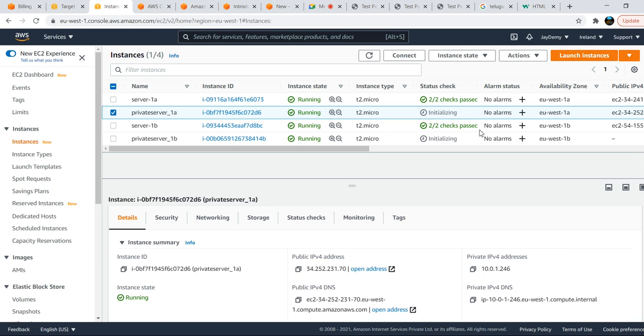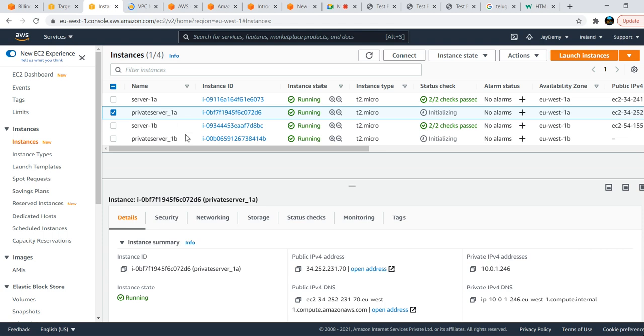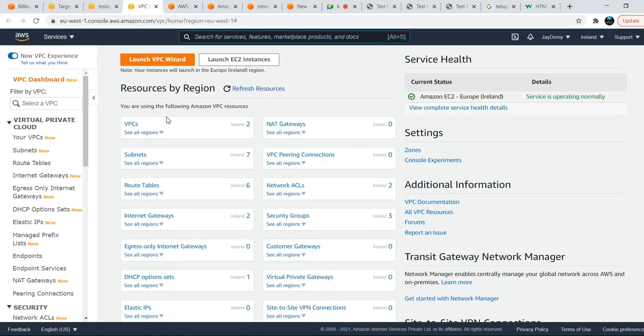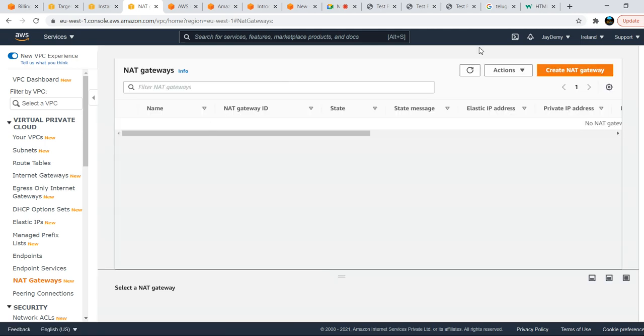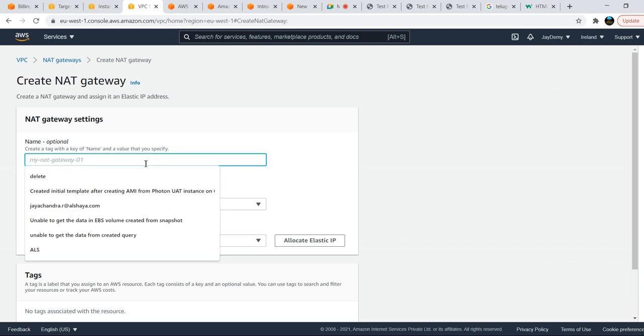Meanwhile, I'll go to the NAT gateway under VPC. I need to create a NAT gateway and attach it to my private subnets. Until then, I can't install my Nginx application, because I can't go to the internet. That also I will show you. And where is NAT gateway? Yes, here. For a NAT gateway we need one Elastic IP, and they will charge us for that, so don't forget to delete it.